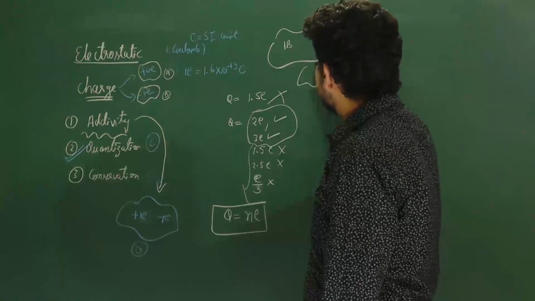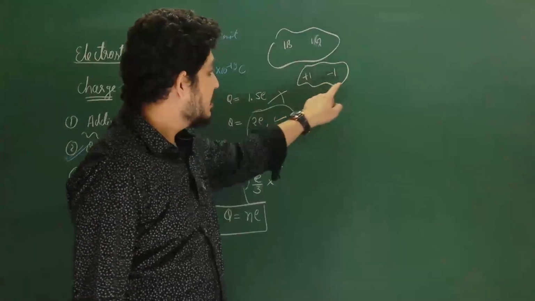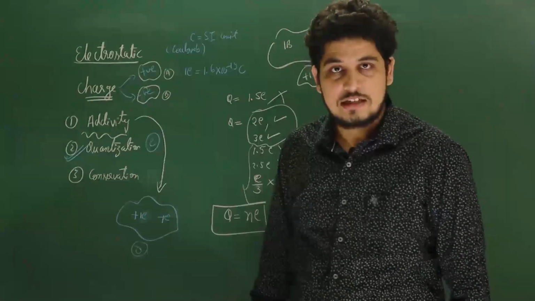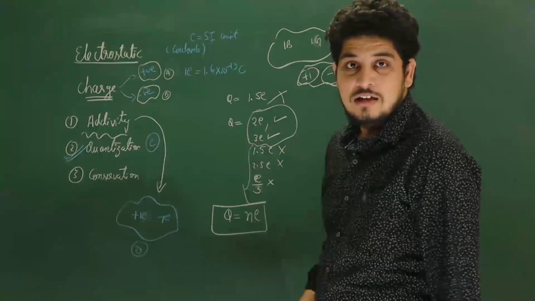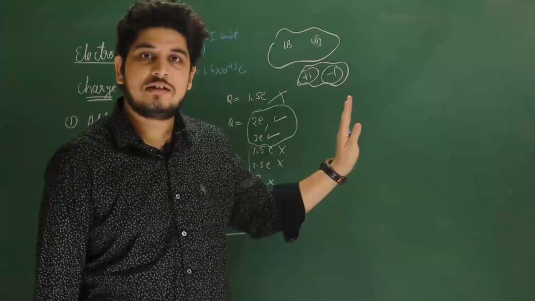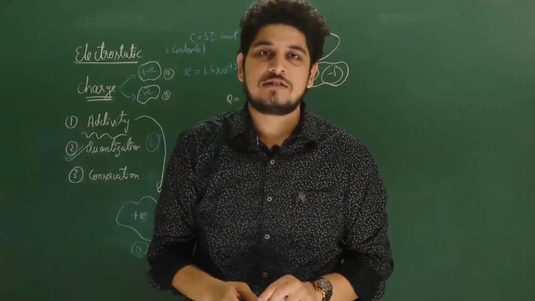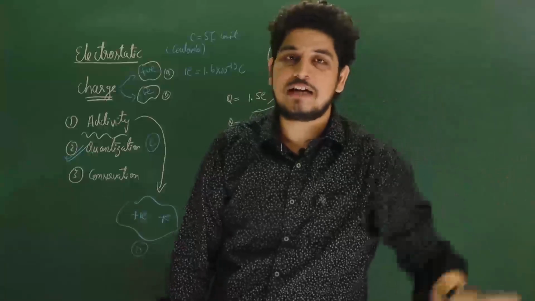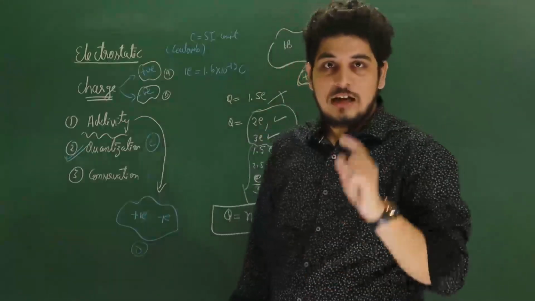But in case of charge, if there is plus 1 charge and minus 1 charge, then the total charge in the room is 0. This is what the property of additivity says. Getting my point? But some students say, sir, obviously this is plus and this is minus. So dear student, we named them plus and minus. There is no plus symbol written on the head of the charge. They are a kind of type of charge. Plus charge is a type of charge. Minus charge is a type of charge. Are you getting my point?